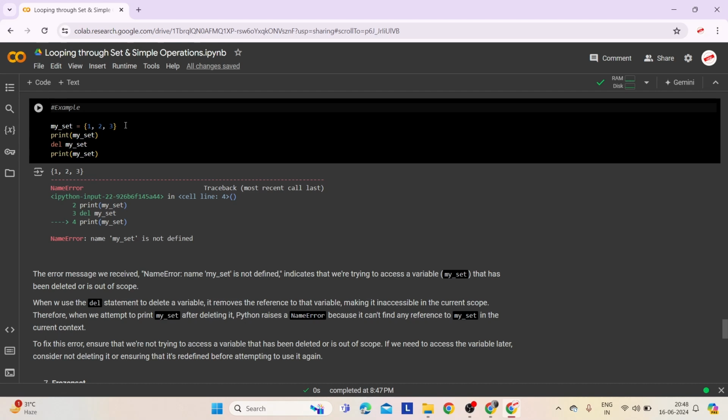First, a set named mySet is initialized with elements 1, 2, 3. Printing mySet shows 1, 2, 3 as output. Then, the delete statement deletes the set from the memory. Trying to print or access mySet after deletion raises a name error because the variable mySet no longer exists in the